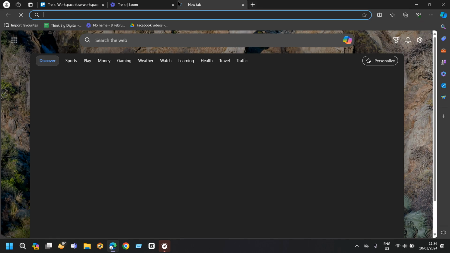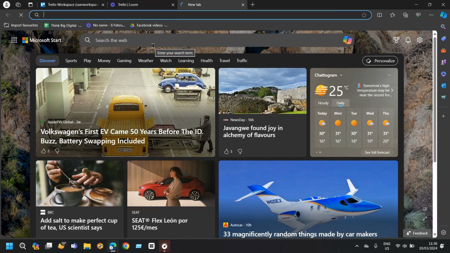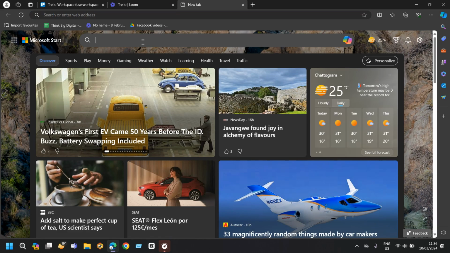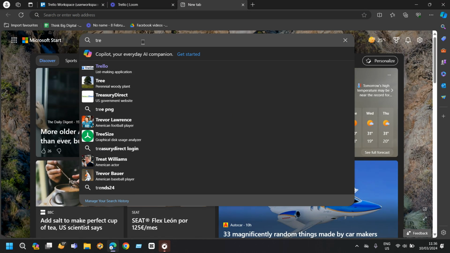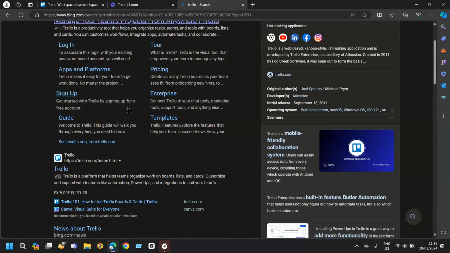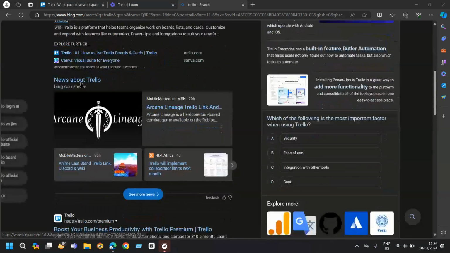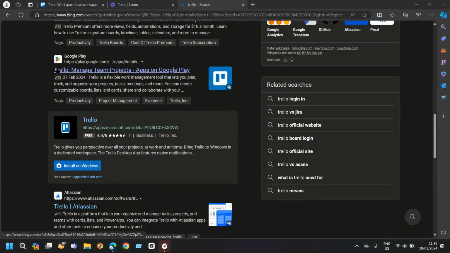So you can use your browser, Chrome or Microsoft Edge. For today, I'm using Microsoft Edge and just tap on Trello. And as you come to Trello, scroll down until you find Trello install on Windows. I'm just going to go from Trello,